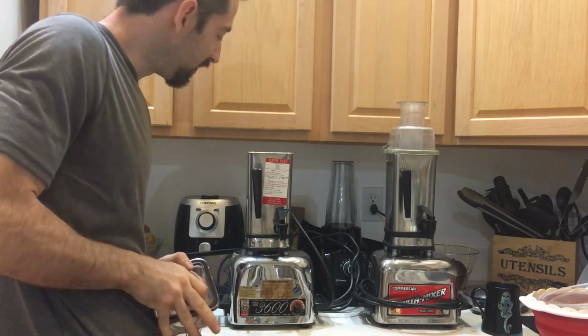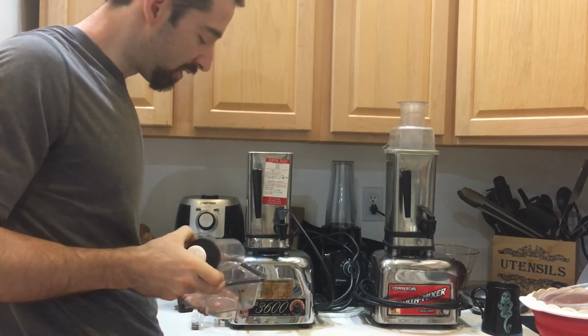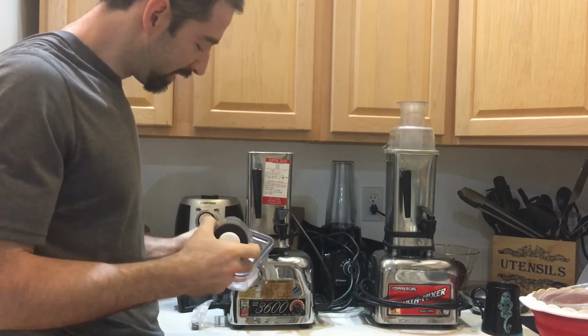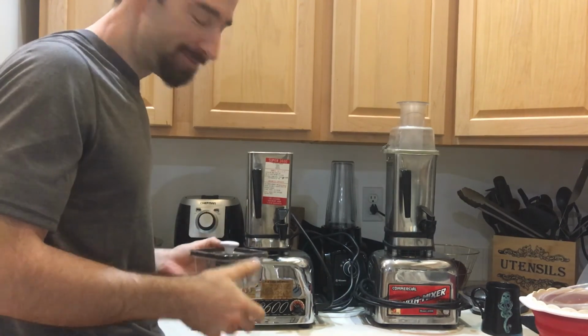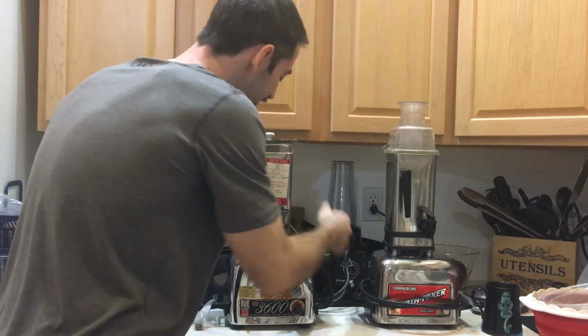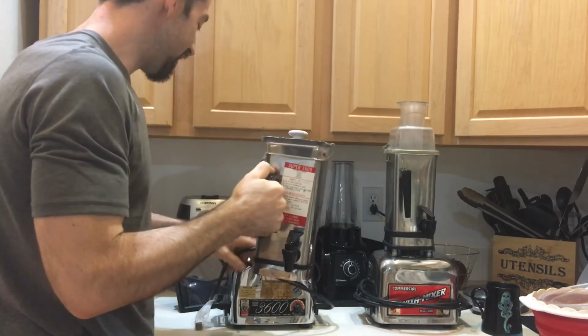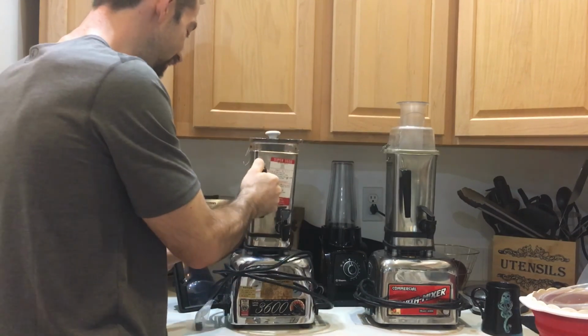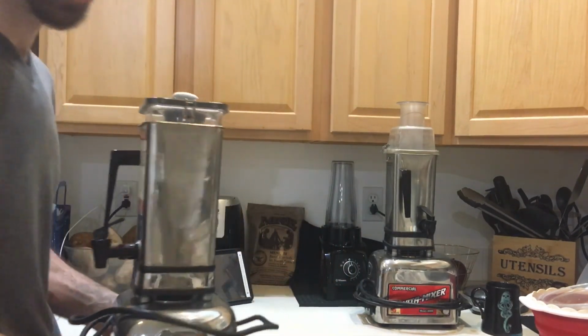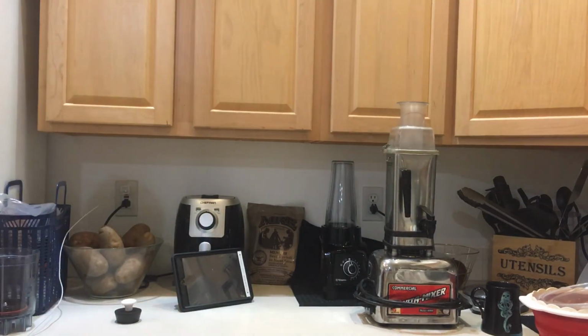I just love these machines. They just look awesome and they do all these processes. It's great. And I just love the action dome on there. I mean, come on, man. This is some cool retro stuff, man. Oh my God, I love this stuff. And when you make whole food with it, you just make a smoothie with one of these things and it comes out so good, and it's just like, man, you would never think that such an old looking machine